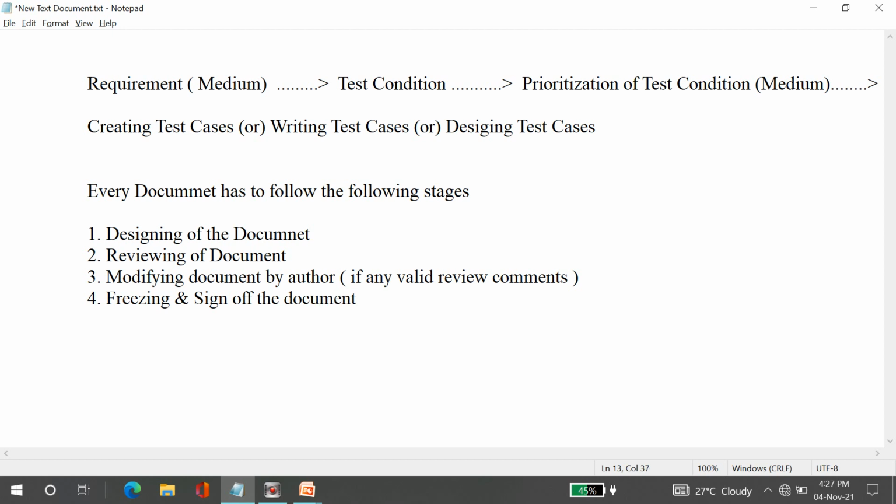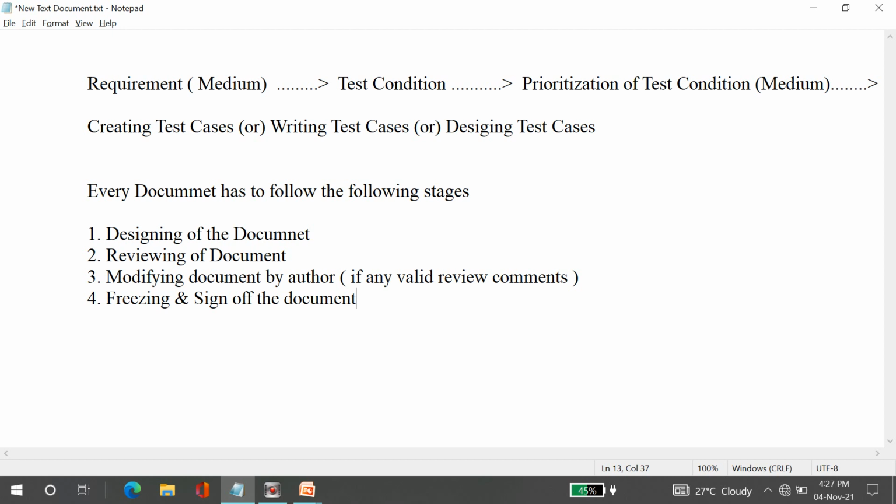Each and every document, I repeat, is very, very important for your real-time concept. Once you are deployed into the project, after selection, each and every document has to follow these stages. You have to keep it in mind.